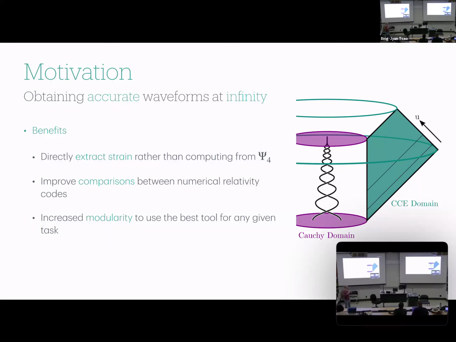So that's something Deirdre mentioned earlier briefly about waveform comparisons and code comparisons. And so I think it's nice when we can modularize it and do comparisons differently. Similarly, increased modularity. So depending on what your use case is, I like the idea of being able to plug and play the different pieces of the different codes and really use what's best for any given situation.